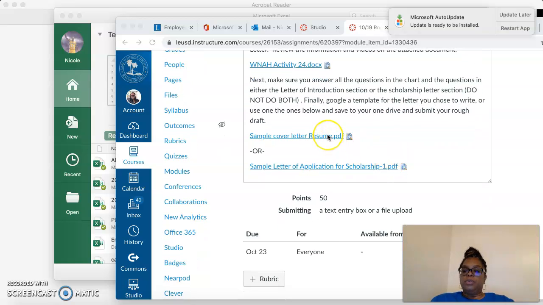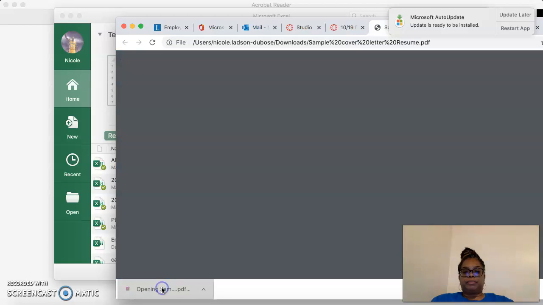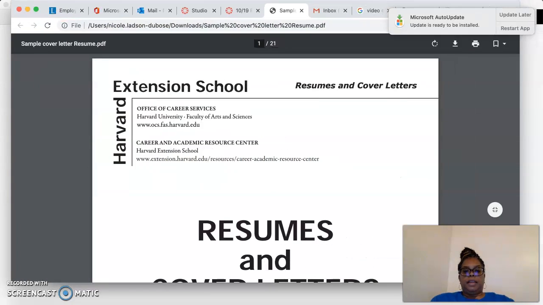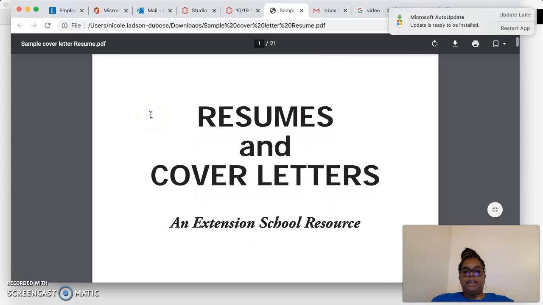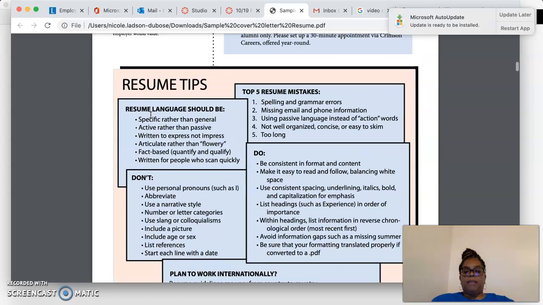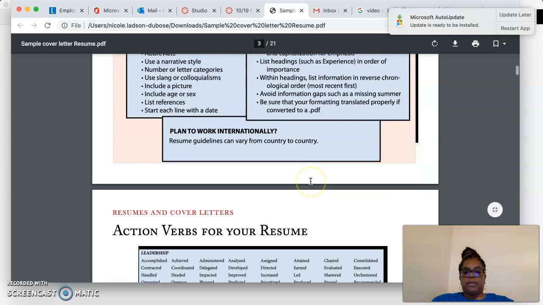So if you can't find a cover letter, there are 2 examples here for you. There's a sample cover letter with rough draft that you can access. And this one has a template here that you can follow for a rough cover letter. Here's some resume tips so you can review the do's and don'ts of a resume.